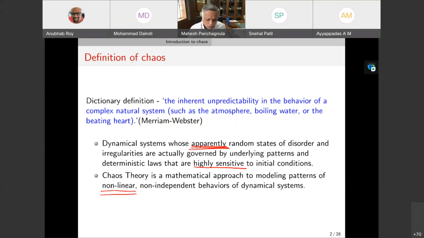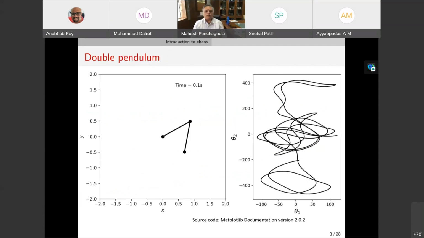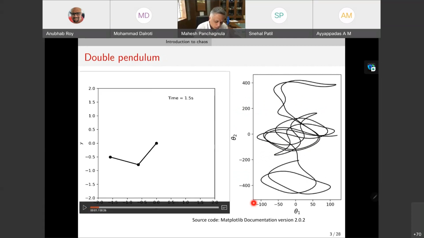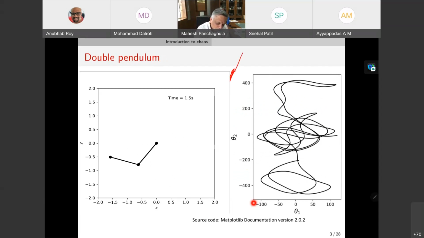Okay, so now let's deep dive into a very simple system. What I have here is a double pendulum. So I'm going to start this video. So there is a theta 1. So I'm going to draw a sketch here. So imagine this is the double pendulum. There is a theta 1 and a theta 2. Okay, these are the 2 degrees of freedom of the system.